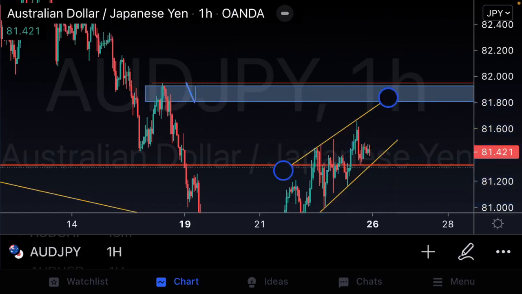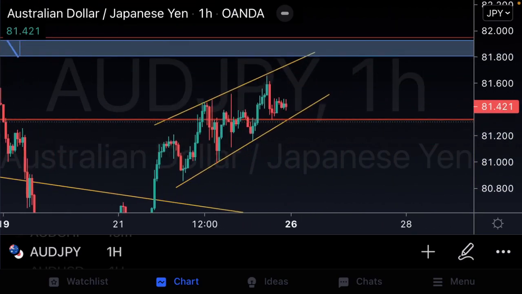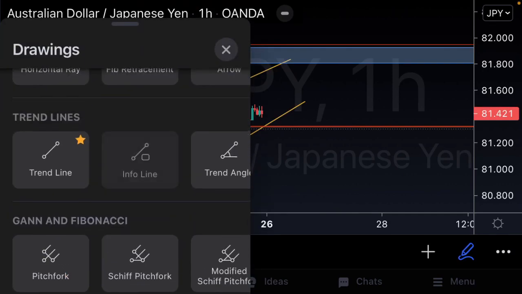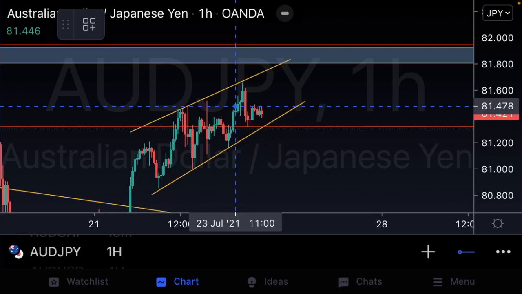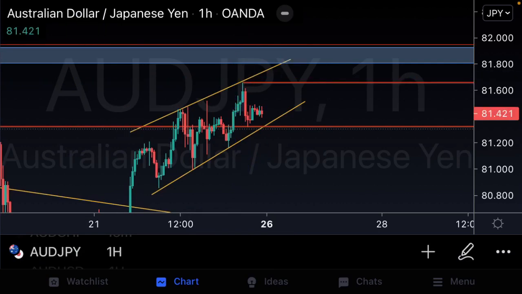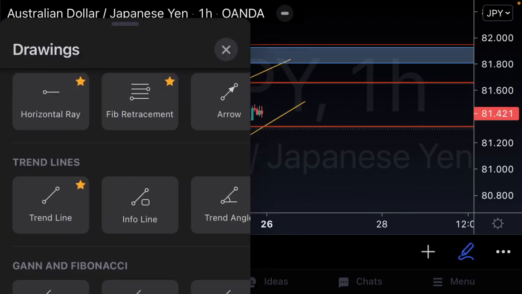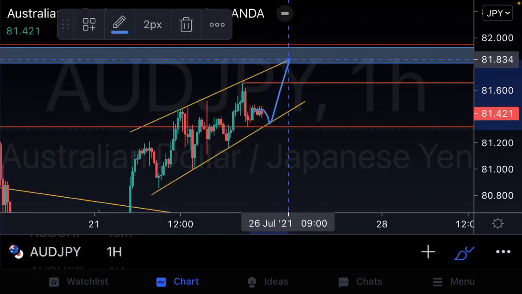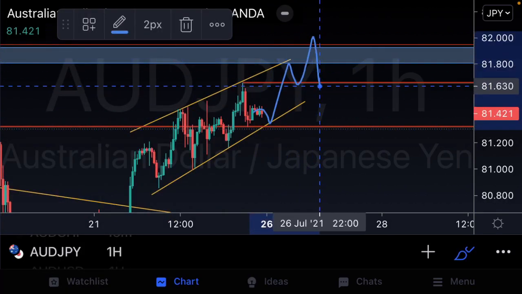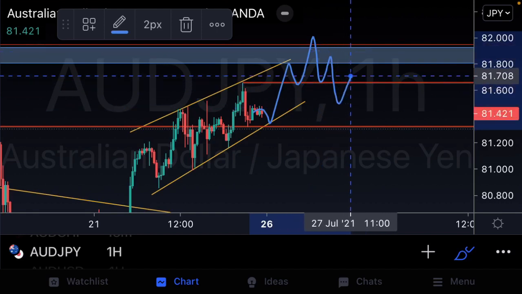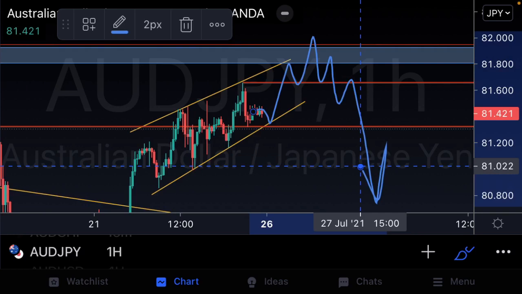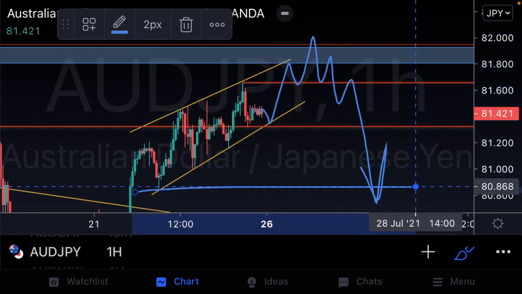So guys, what we're going to be looking for next week on AUDJPY is for a completion of this structure. We're going to be looking at these higher structures over here. Let's just get a horizontal ray, mark that out, guys. We're going to be looking at those resistance structures over there, waiting for those resistance structures to be taken out by the market, and then waiting for our reversal structures to begin to form from this resistance structure. Once we see that kind of a setup, guys, we're only looking to ride this trade towards the 90% rule of our structure,